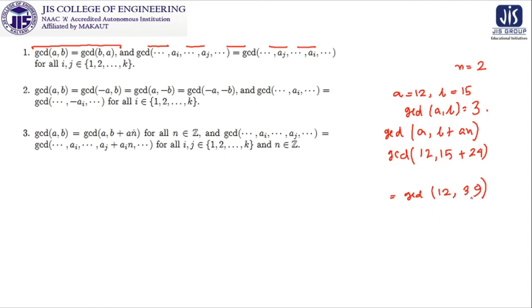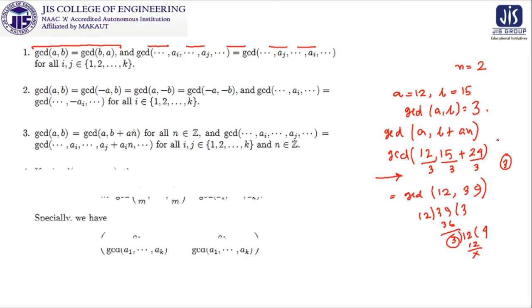Now look at this. If you find the GCD of 12 and 39 by any one of the methods, you will get 3. 12 and 15, GCD is the same. But why am I keeping the gap over here? Look at this: divisible by 3, divisible by 3, divisible by 3. So both of them will be cumulatively divisible by 3, and the common thing you are going to get, which will be the greatest one, will also be 3. But this is not the proof, this is the verification technique.